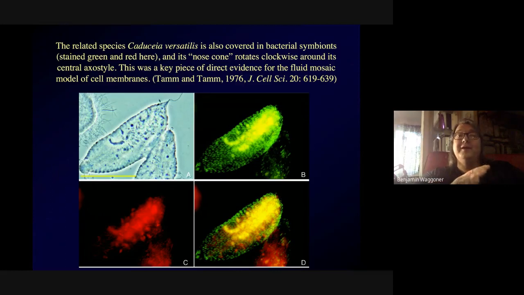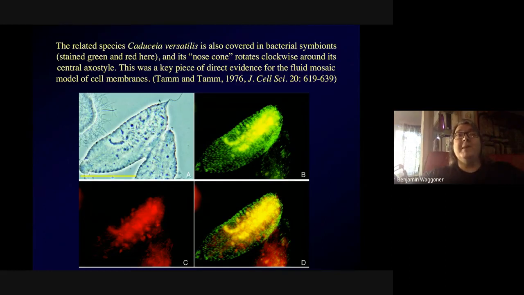You have this lipid bilayer membrane with phospholipids with a hydrophilic head and a hydrophobic tail, forming this double membrane with the heads all facing out and the tails all facing in, right? And embedded in this film of phospholipids, you've got various proteins and glycoproteins and things like that kind of floating around in this two-dimensional film of fluid. This was a key piece of evidence for that model,